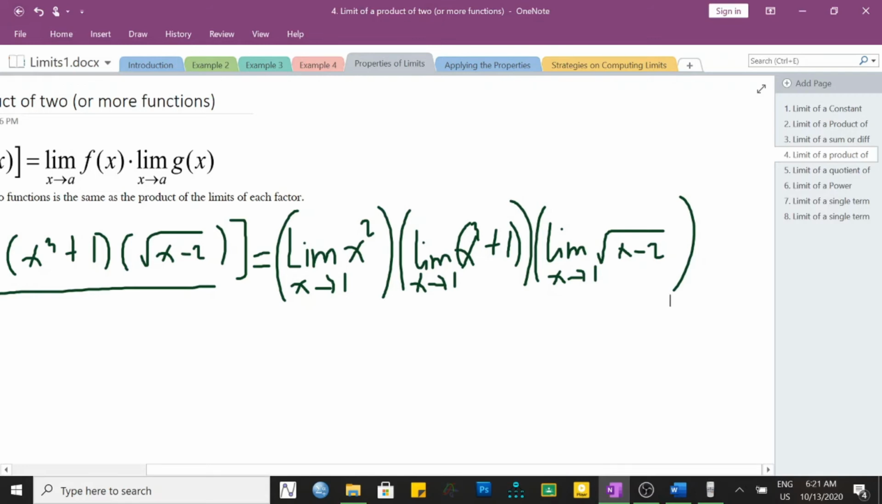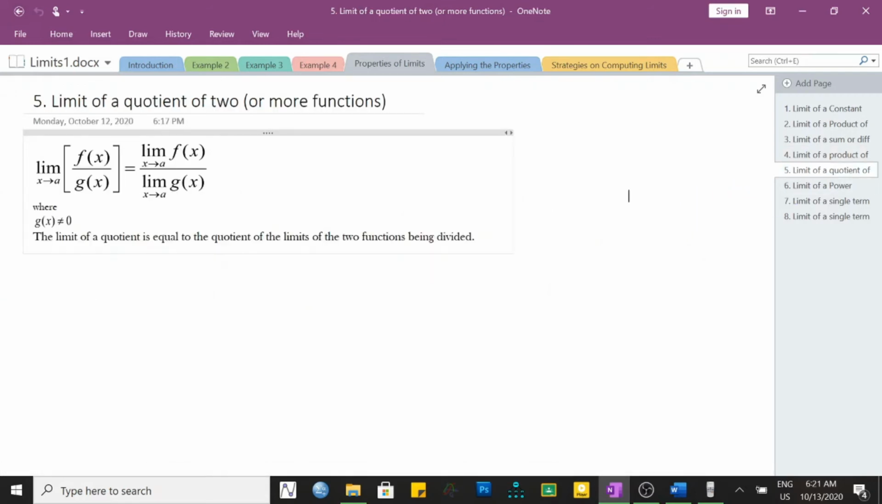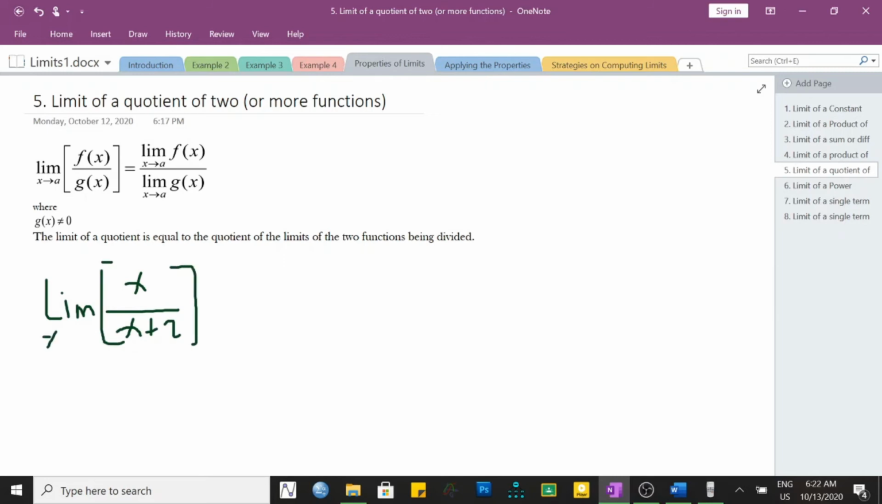There we have it, the fourth property. The fifth property is applicable if we are computing or solving for the limit of a quotient or a ratio of 2 functions, f of x and g of x. According to the property, this is the same as the limit of the numerator divided by the limit of the denominator. For instance, if we have limit of x over x plus 2 as x approaches, say, negative 1, this